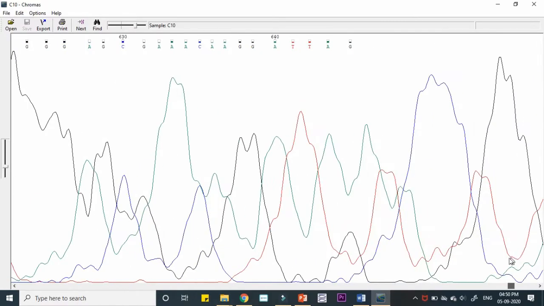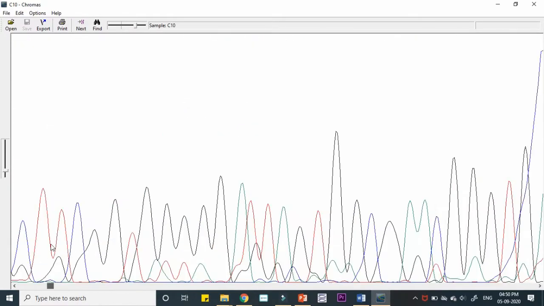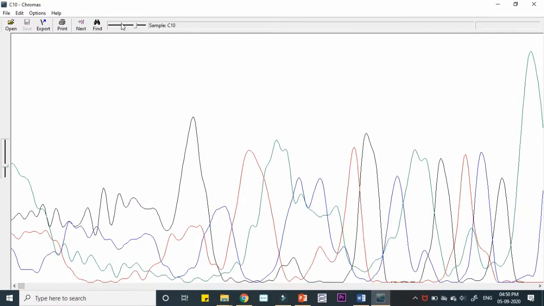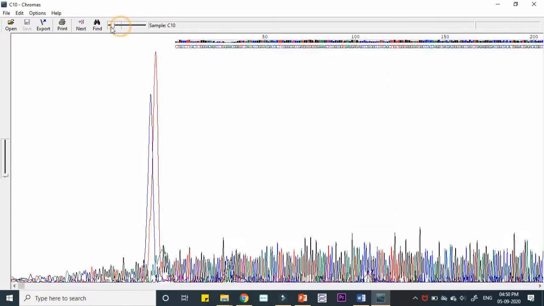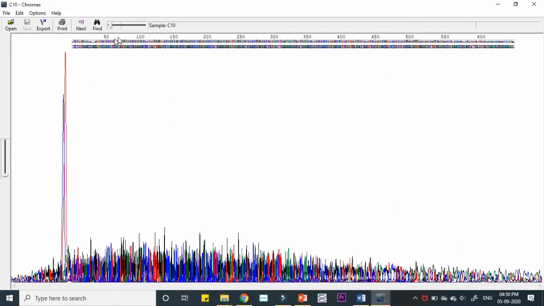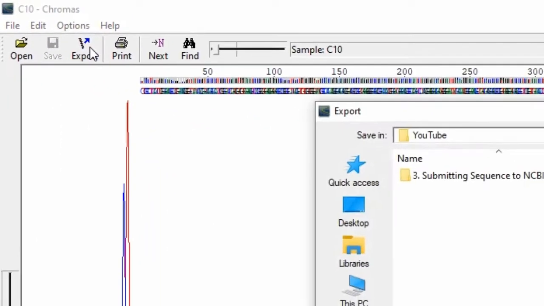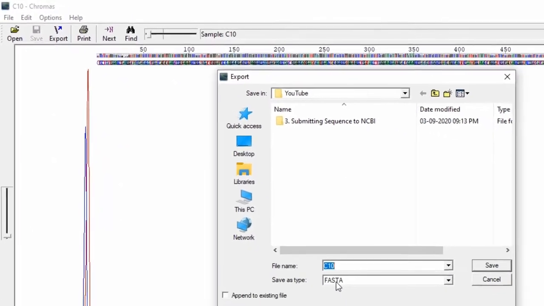So we'll come back to the zoomed out part itself. You can see this long is the sequence, that is, after sequencing, the chromatogram we get is this much, and it is showing so many bases, 600 plus bases. Now we can go for